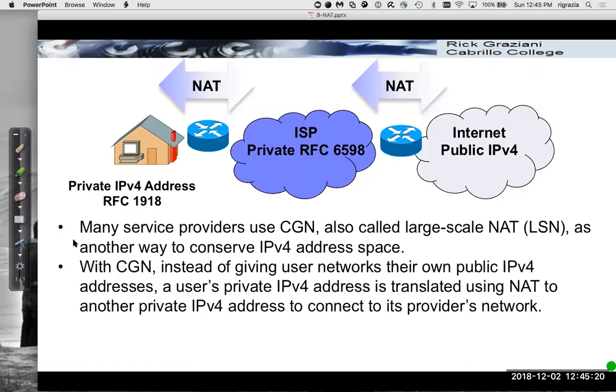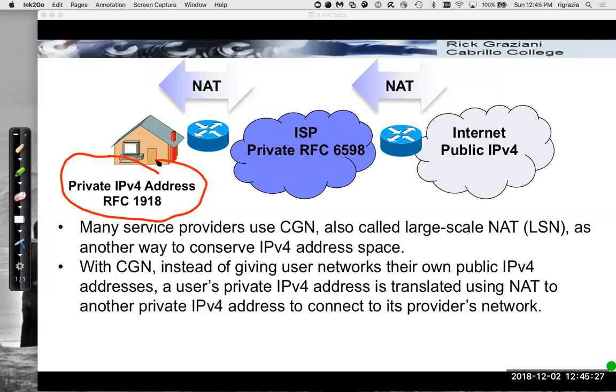So there's also the issue where, because we're using private IPv4 address space in the customer environment, it would typically be translated to a public address as it hits the provider's network. The problem is that providers are running out of public IPv4 address space, so they're converting it to another group of private IPv4 addresses that then get translated finally to the public address as it leaves